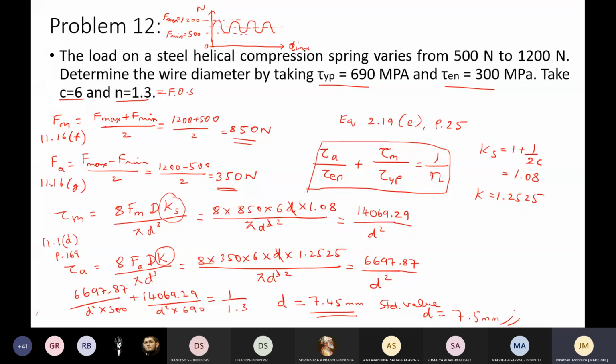Just check it. Of course, the problem stops here only because determine the wire diameter is given. Further, if they say design, from here you continue with the usual calculation. Of course, some more information might be given in that case. Maybe deflection might be given and so on. So that is for 500 how much, and for 1200 how much, and so on. So this is how you adjust it for taking the fatigue loading, alternating stresses.